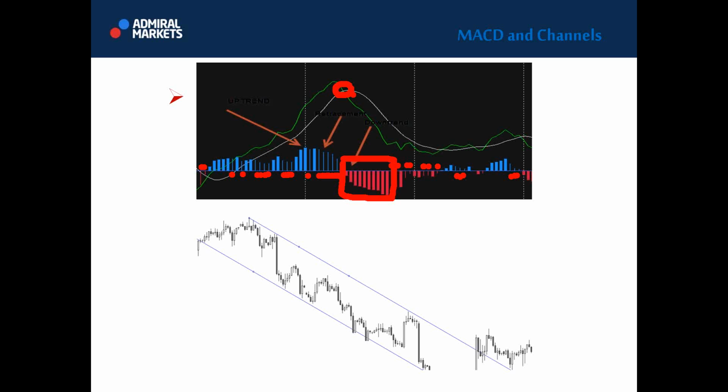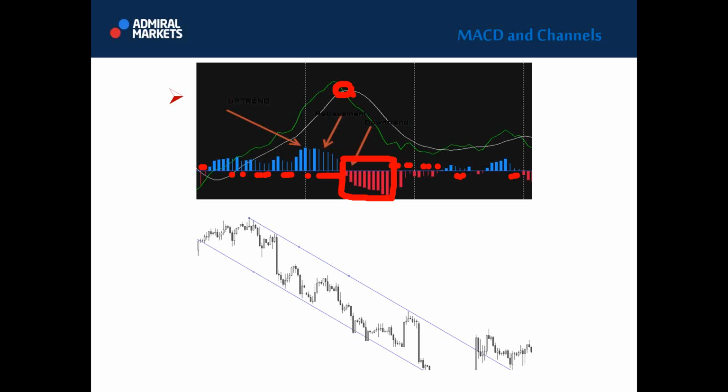So this is how we define a trend. This is the simplest way and the most important way of using MACD. Of course, when we use MACD, we need to use it on multiple time frames, because a single time frame doesn't tell us anything. Okay? So you know now how trend is spotted by using MACD.